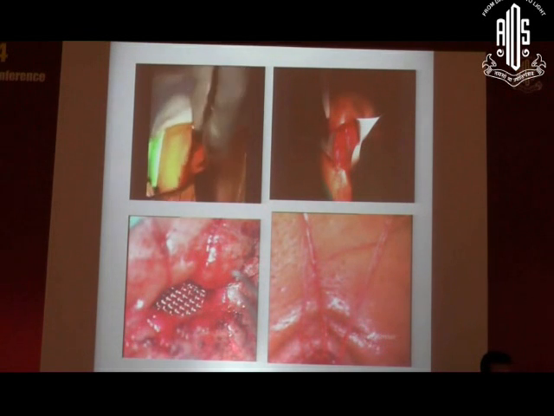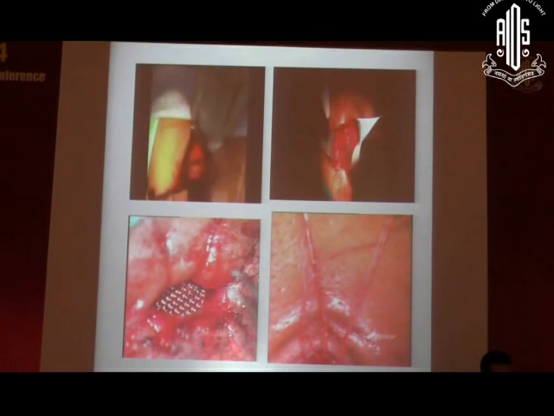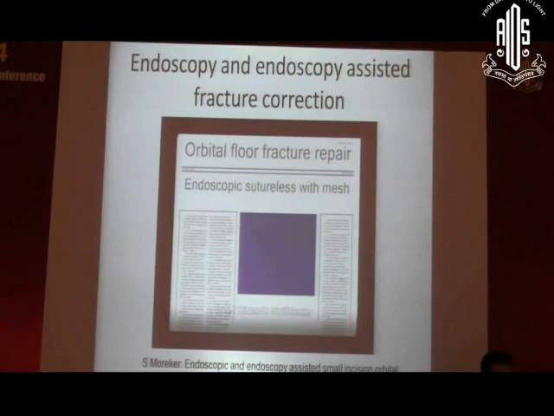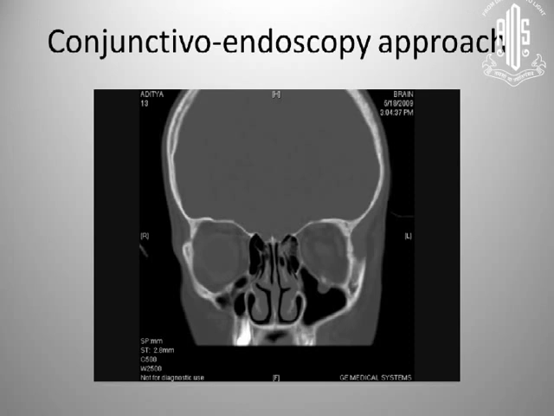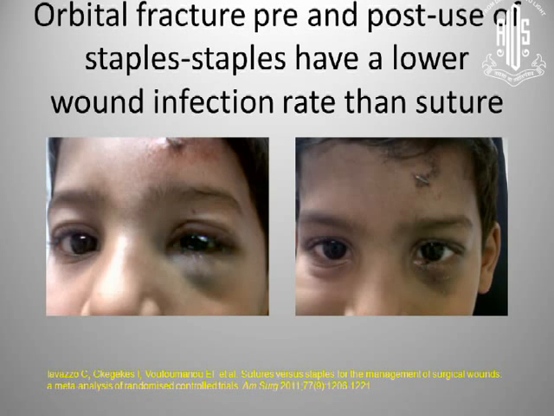These are various ways to fix an orbital fracture. Either just go subciliary incision and go ahead and put an implant, or use the titanium plates or screws. The endoscopy is a newer modality and lesser traumatic to the patient. Sometimes we need to combine both the endoscopy and the open approach for the maximum benefit. Now, roof fractures I will just rush through because for most of it, they are managed conservatively.